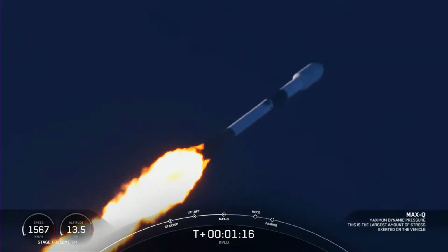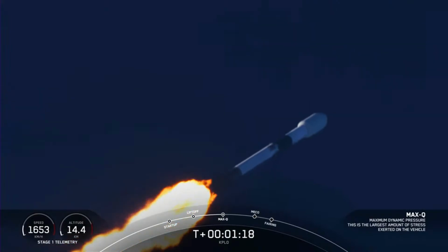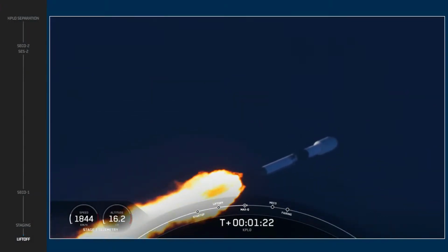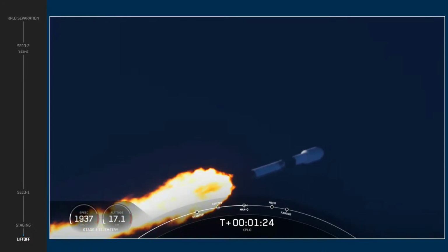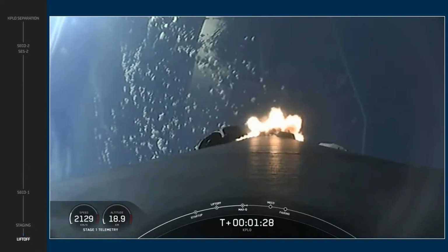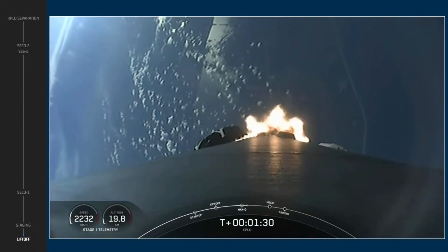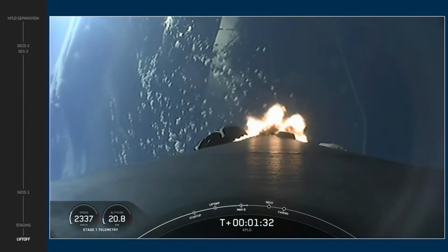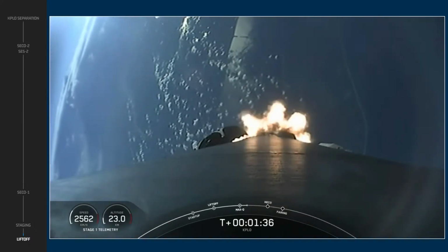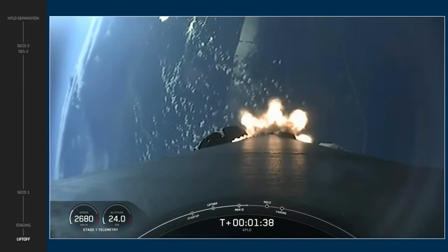Max Q. And there was max Q. So the engines are coming back up to full power. We have 3 events coming up in quick succession in about a minute. First up is MECO, that stands for main engine cutoff, followed by stage separation, and then SES1, which stands for second engine start 1. Main engine cutoff